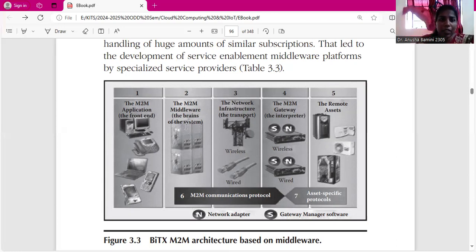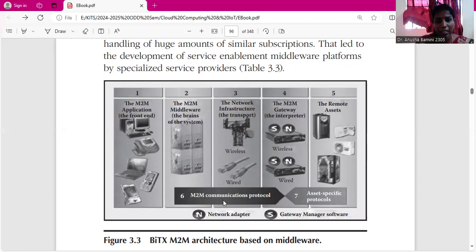After that we are using an M2M middleware. This acts as the brain of the system, which means the server, where we store the particular software or application, the software which is interconnecting all the hardware as well as the application. So this middleware acts as the brain of the system, and at the end, the users are using M2M or IoT devices in a full-fledged manner. But in the background, these are the things we need to interconnect to make M2M connectivity.